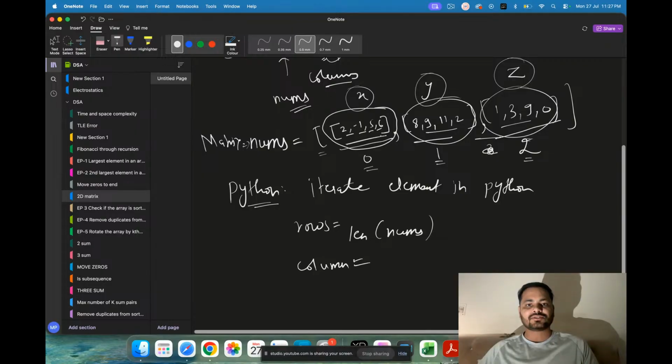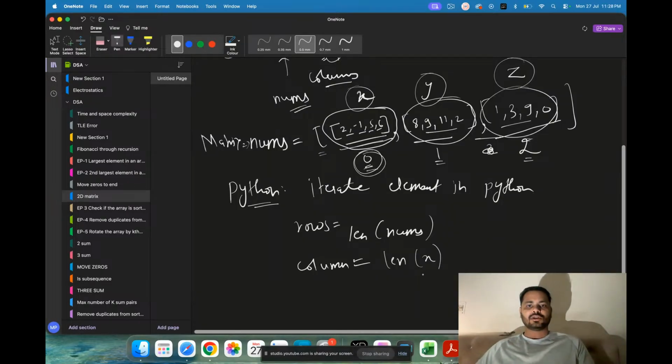Anything within these indexes. So length of nums[0], right? So what is nums[0]? nums[0] is my x, and length of x will be my column length. And what is x? It is length of